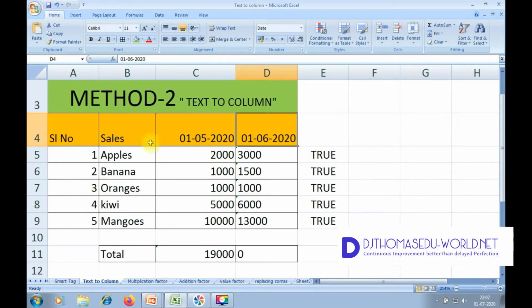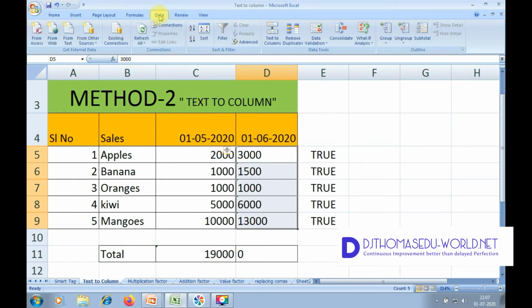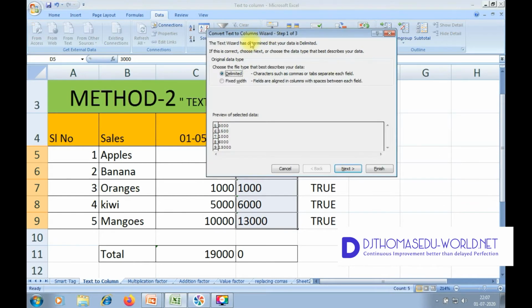Next I will show you the second method, converting text using text to column. Here also I have given the condition of is text. It indicates that this column's values are in a text format. To convert, I'll just drag and select the data to be converted, go to Data and click on Text to Columns. Ensure the delimited option is selected.